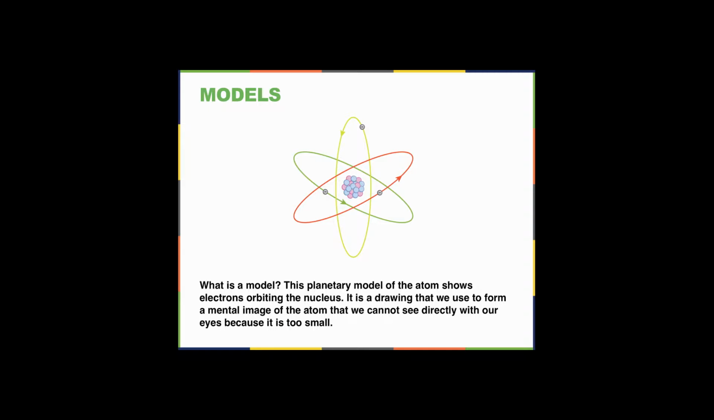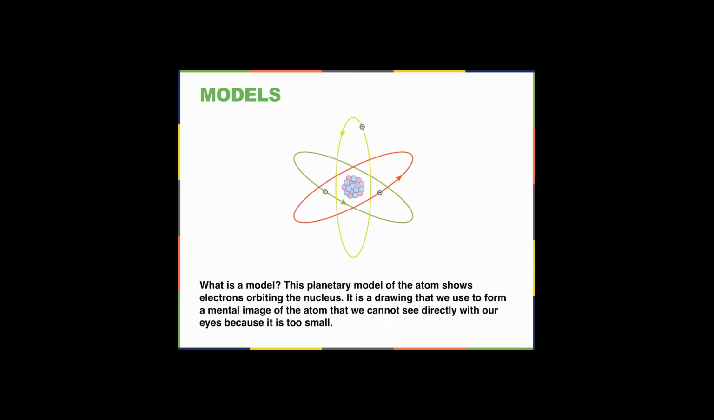So here's an example of a model. This is the planetary model of an atom. Generally this was generated to help people understand the information that we knew about atoms, electrons, protons and neutrons. It's a mental image of an atom. We cannot see an atom directly, and it shows the nucleus as the center and the electrons flying around,